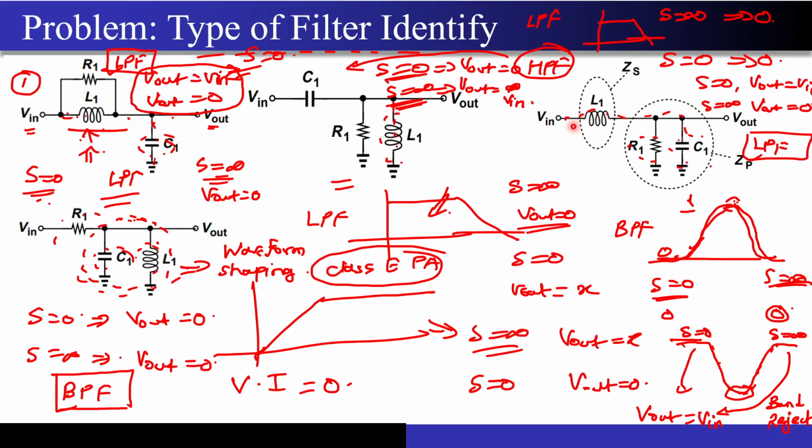If you put s equal to 0, then the capacitor will act as an open circuit, the inductor will act as a short circuit. There is a direct short between the V out and V in, right. And what happens at higher frequencies? This acts as an open circuit, so there is no current between V in and V out. The capacitor acts as a short circuit, so your V out is ultimately shorted to the ground.